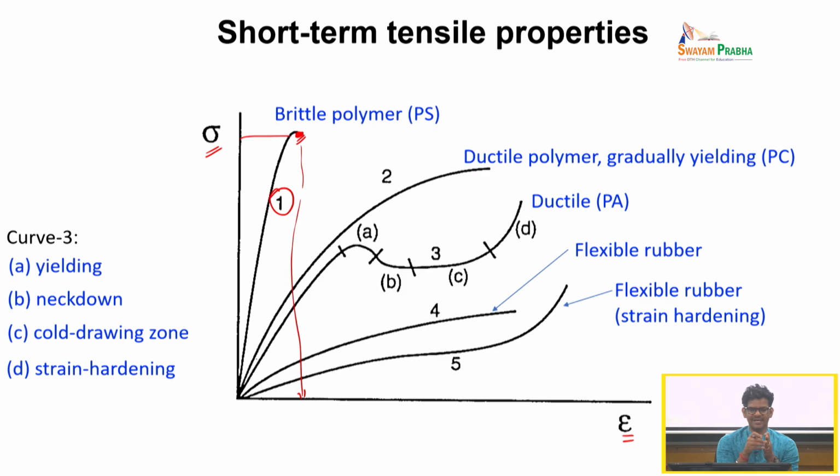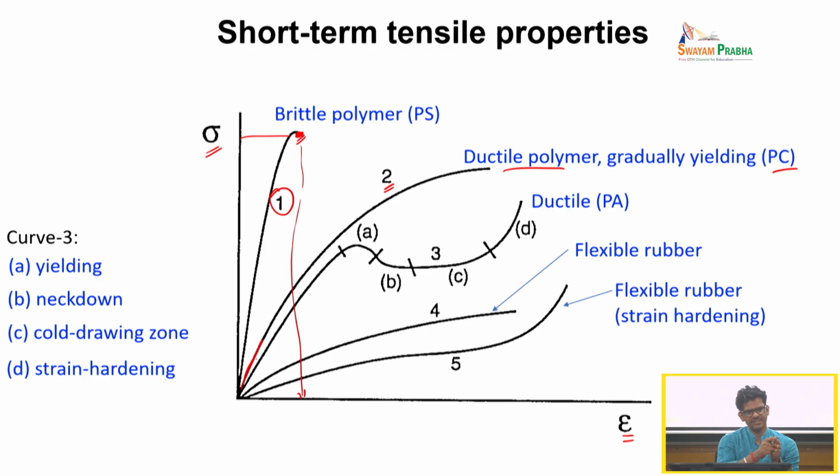Some polymers which are glassy, amorphous, and brittle will show this kind of stress strain behavior. They are very stiff. They can withstand a high amount of load, but they will break beyond this point. There is no yield point here, right. If you look at curve 2, this is an example of a ductile polymer, something like polycarbonate, or the one shown in the previous video, where there is an initial linear proportional limit,